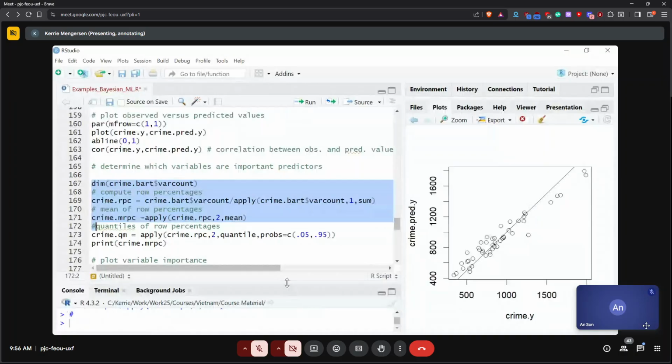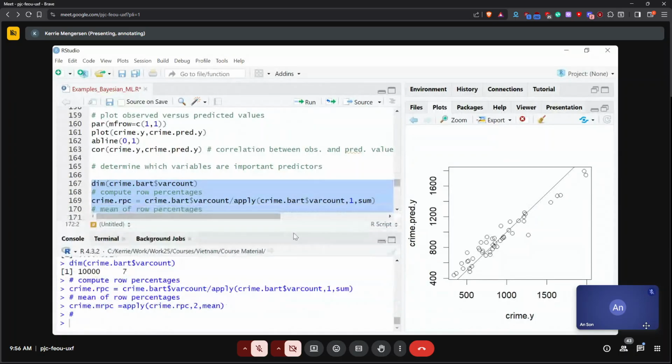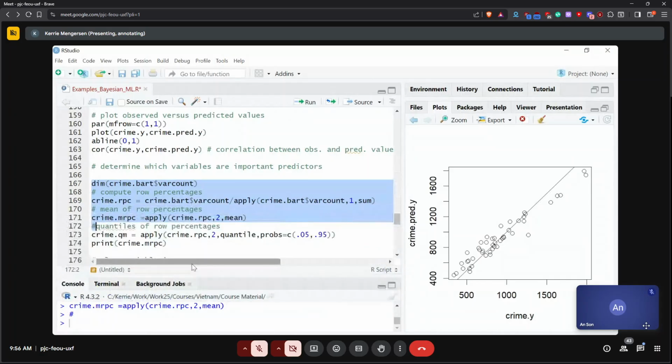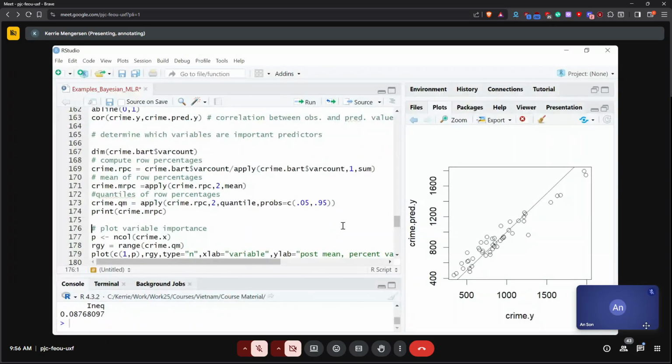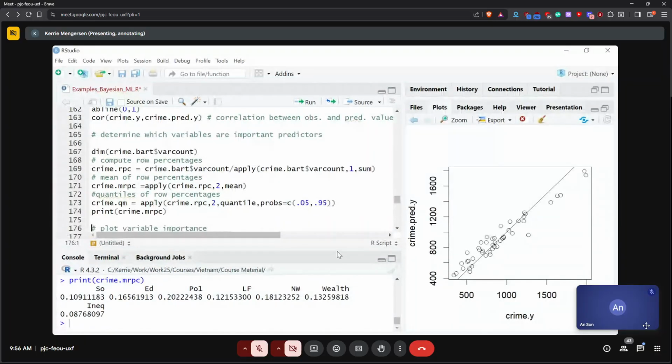And when I do that, I get the results. What I see is this is telling me what proportion of the trees these variables actually appeared in. So how often did they appear in the trees? And that tells me how important they are. So you can see here that the important variable is really the proportion of spending, police spending in an area.